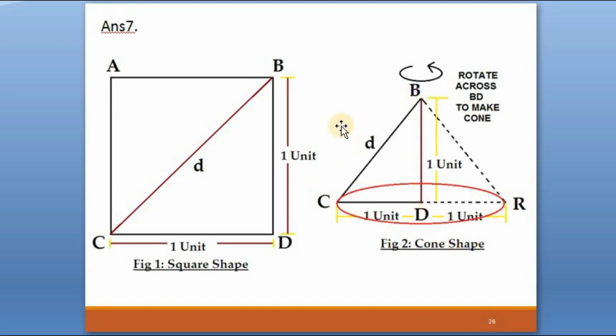So if we are revolving BC, then see here, by revolving BC across BD, shortest edge, we will frame this cone as BCR, right? This is the cone which is actually framed by rotating across the BD, because this is given to us that along the short edge it has to be rotated, right, to make a solid cone. So now this is a simple cone, and the formula of cone, we all know, volume of the